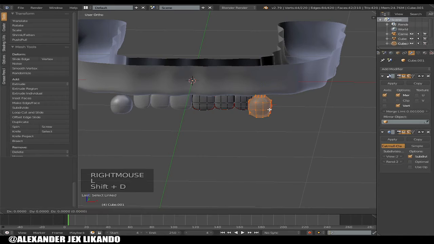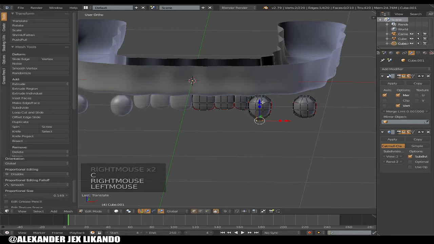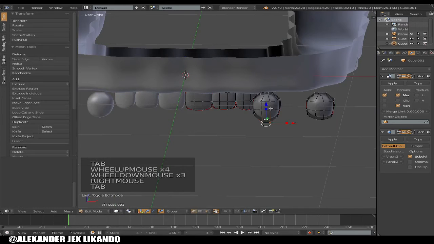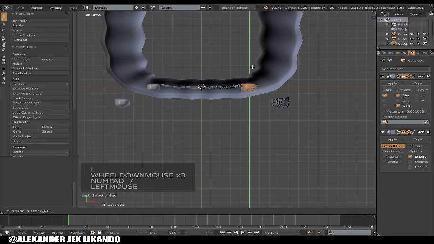Select it, duplicate it, move it in the X, move it to the side. This first one is a bit sharp, it's a bit different from this one. Let's just place the teeth where they're supposed to be. Top view, move it back,